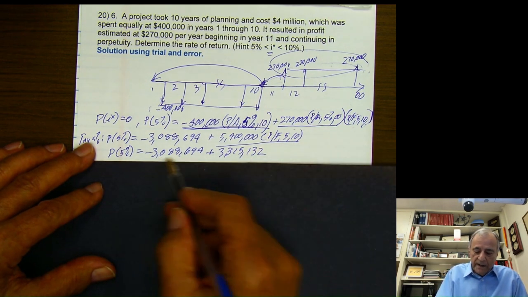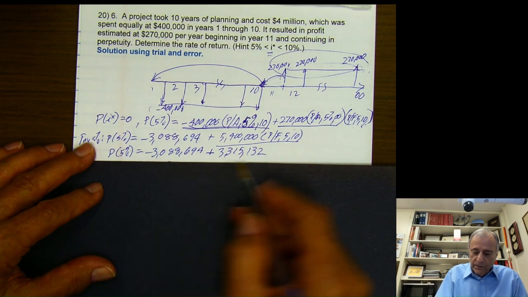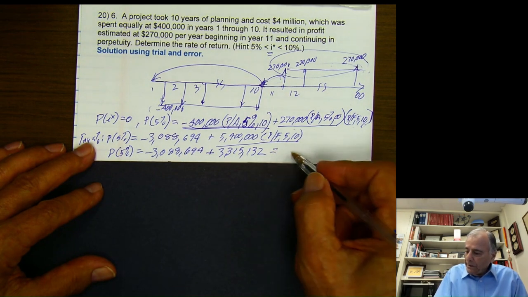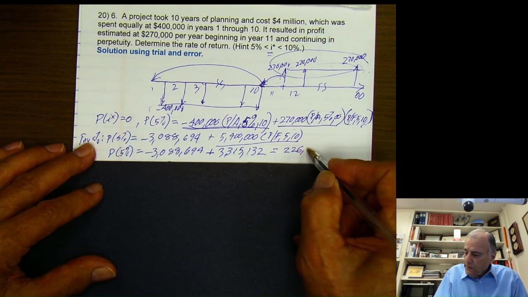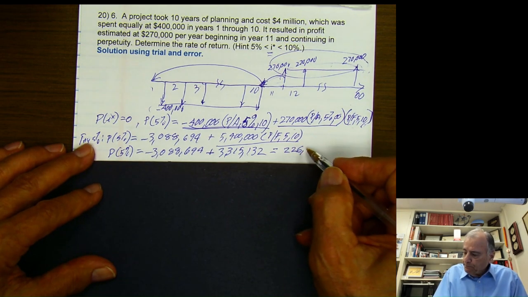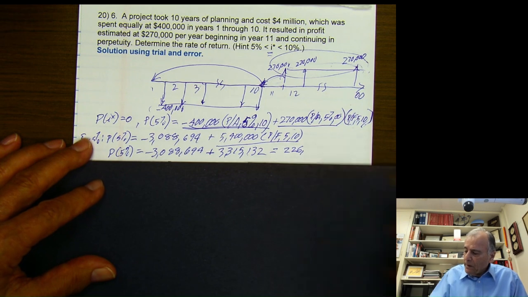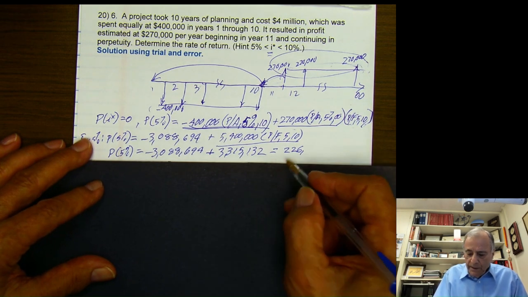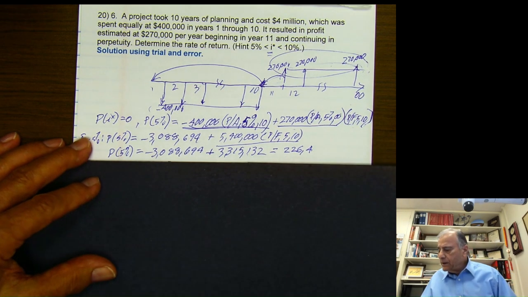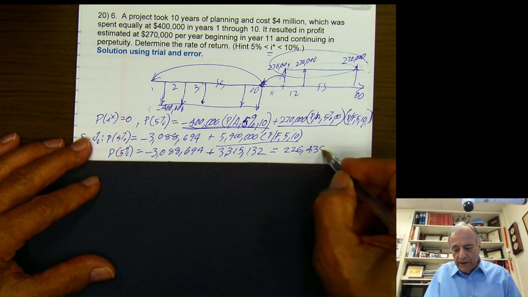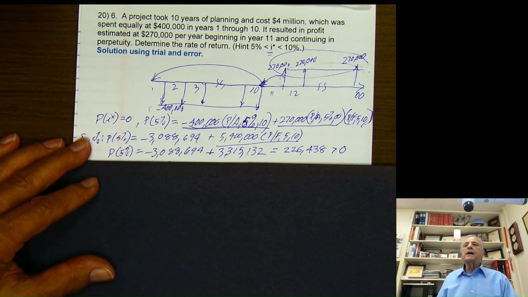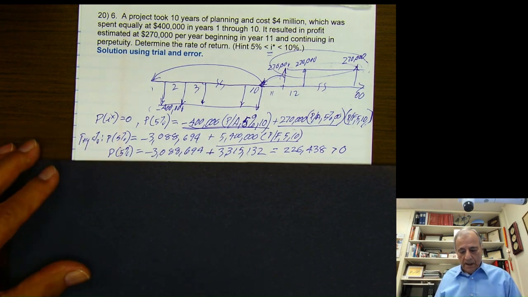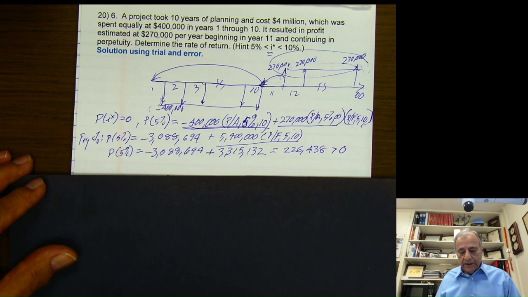And when we add these two together, we get only 226,438 dollars. That number is greater than 0, so we need to try a higher rate to get to 0,